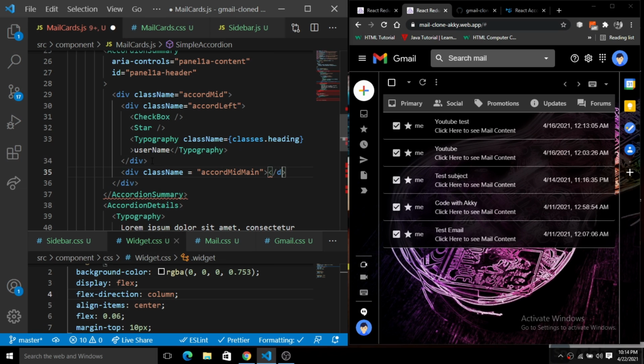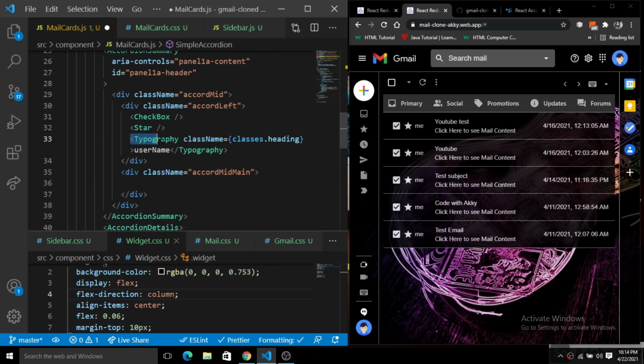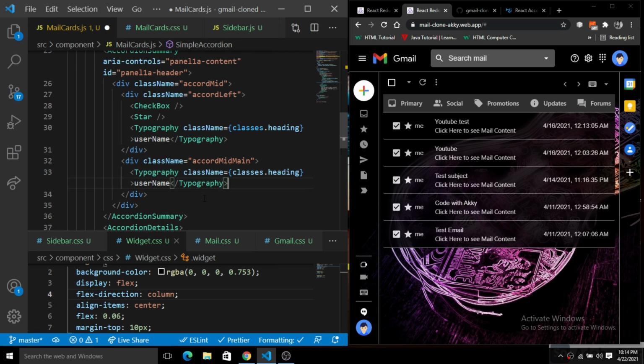Just close this div. Inside of this main we will use a typography, so just paste the typography here, and inside of this typography we have a subject. Instead of this username we have a subject here, so just put a subject here.